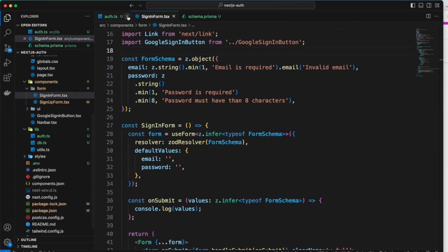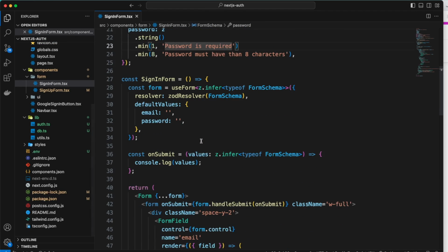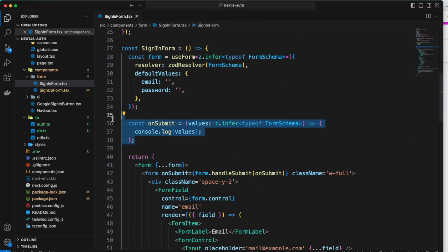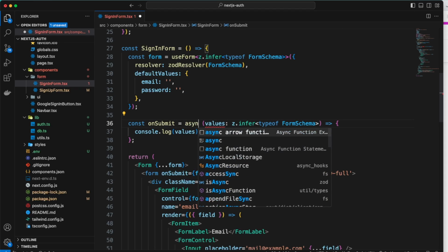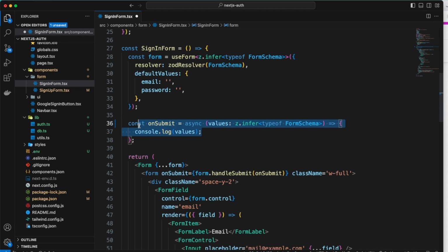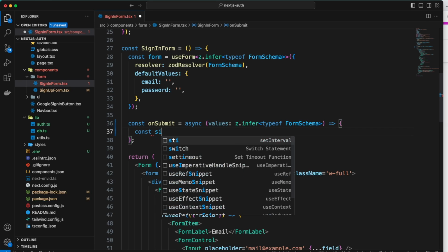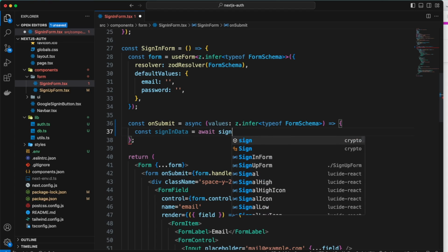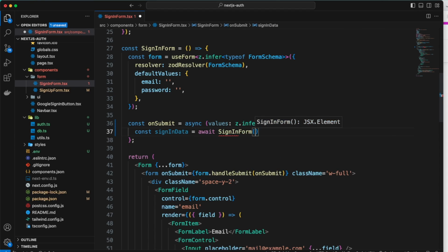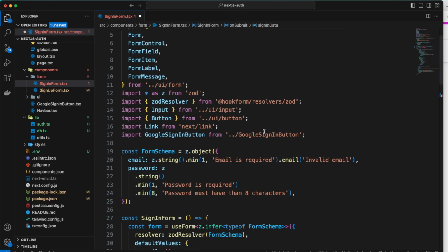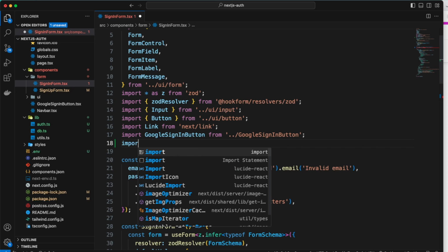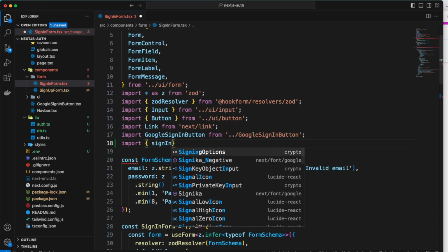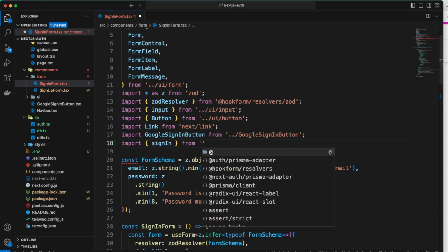So you just have the sign in form open. Alright, so inside onSubmit here, I'm going to change the function to an async function. And in here, I'm going to create a variable called signInData, and set that equal to await signIn. The signIn here is basically a function that comes from NextAuth. So let's import that manually. So let's do import signIn. It's going to come from